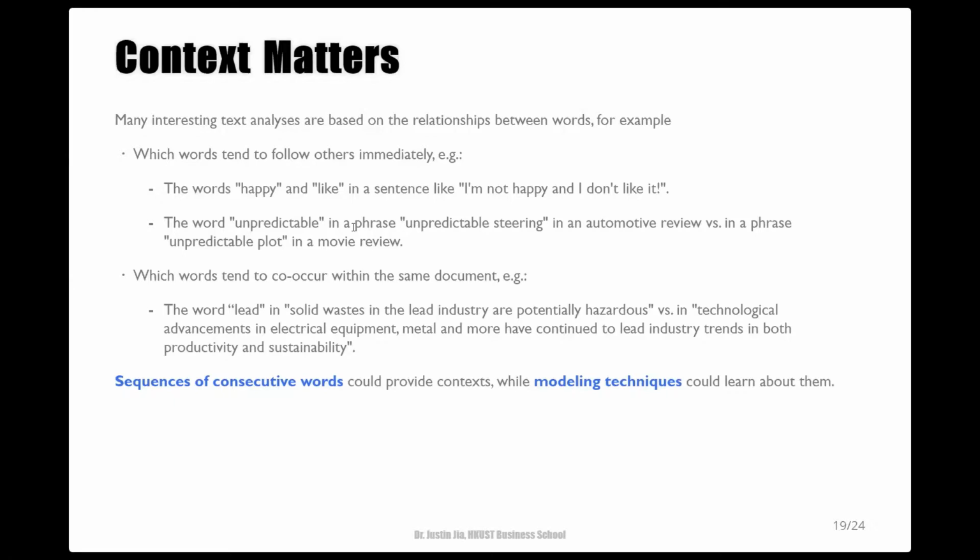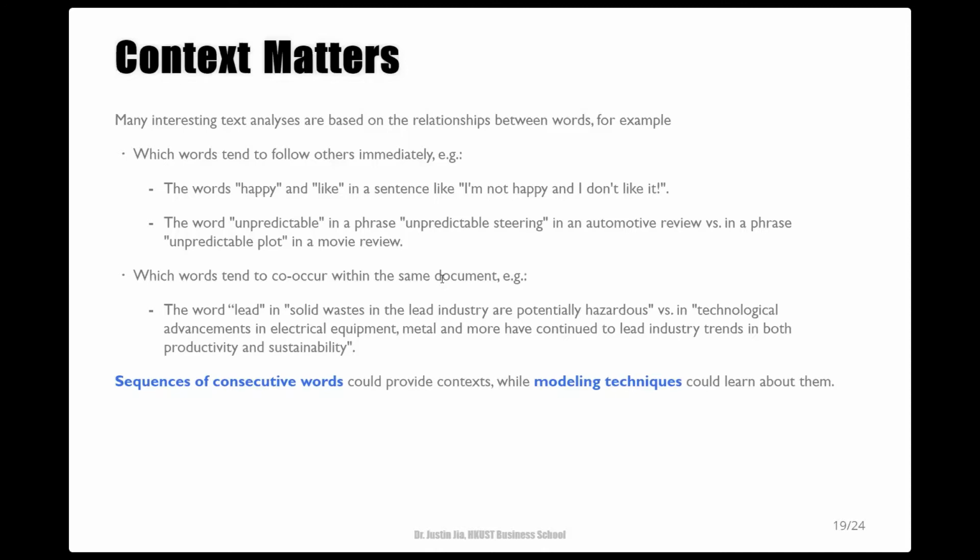Although an isolated adjective may indicate subjectivity, there may be insufficient context to determine semantic orientation. Moreover, the sentiment content of a word could also depend on non-consecutive words, as exemplified by the word lead in these two sentences.